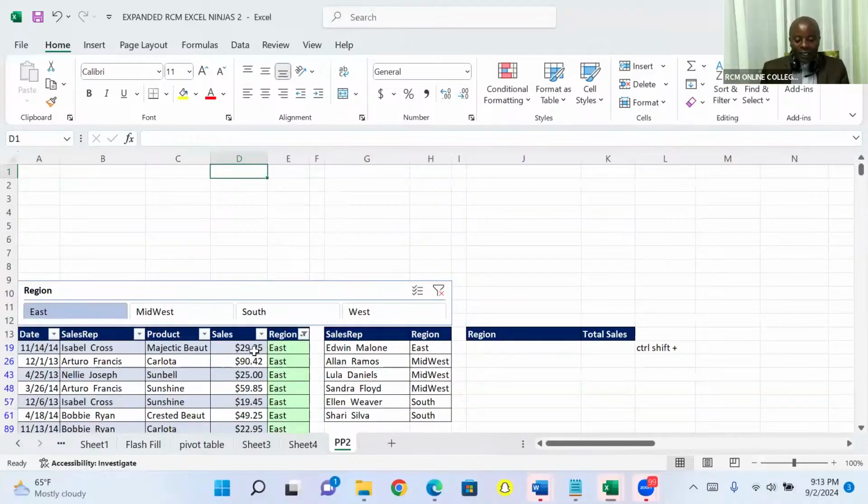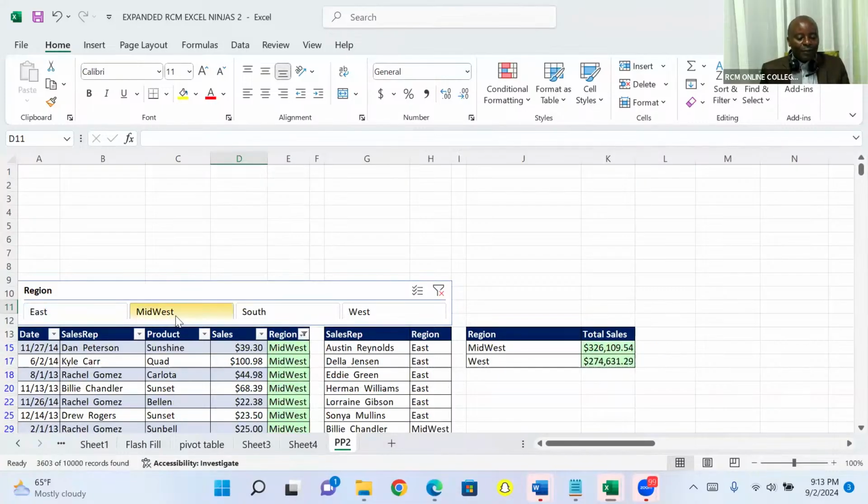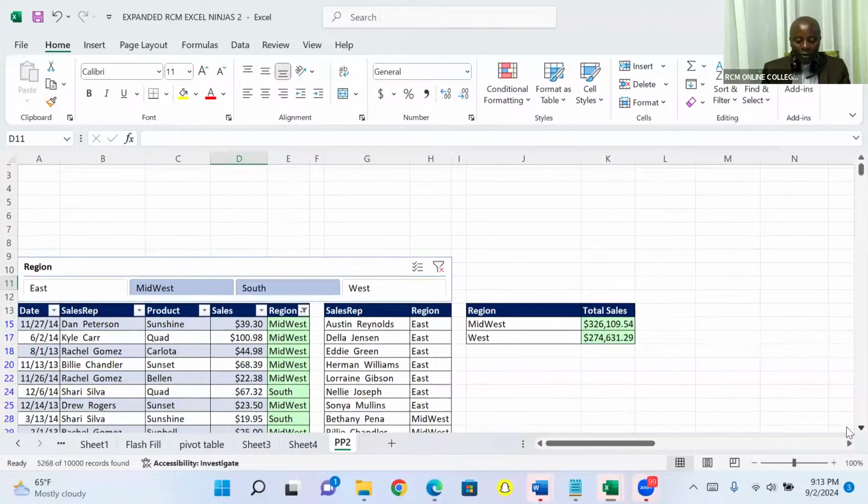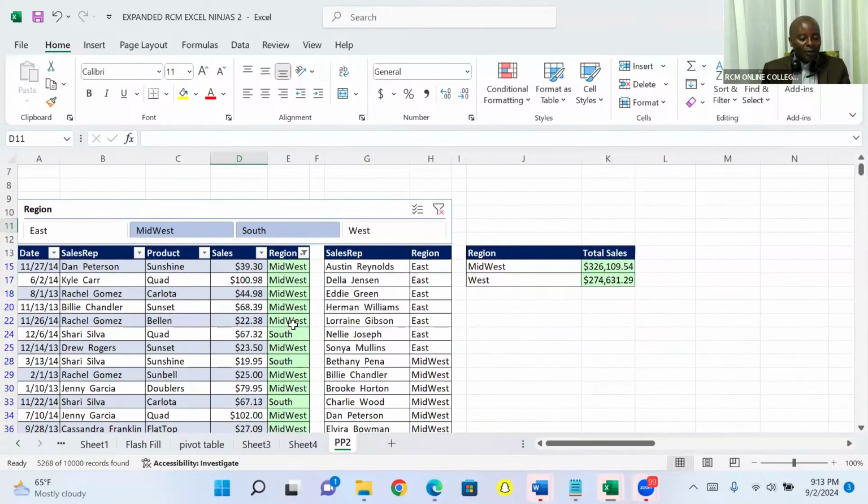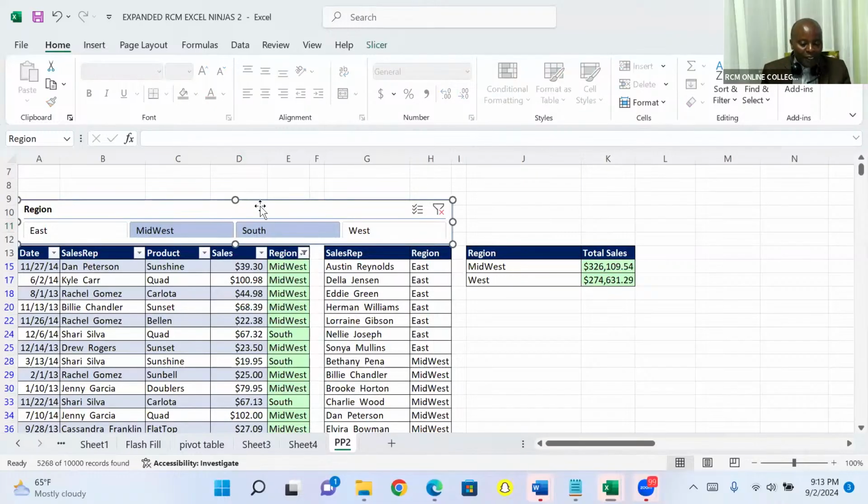Brilliant. So if another ninja, like Indians are very good at teasing people, comes and tells you, how about Mid-East or Midwest? Simply click that. If someone wants to know, for example, two regions, I'll hold on to Control. First of all, Control basically controls the ball. If you guys watch football, there's a way you can control the ball in the middle of your legs. So once you press Control, you'll be able to move and, for example, pick South, and then you release. Now you can see we have Midwest and South highlighted. If you look at your table here, you're going to see Midwest and South. Ladies and gentlemen, if I click inside my slicer,